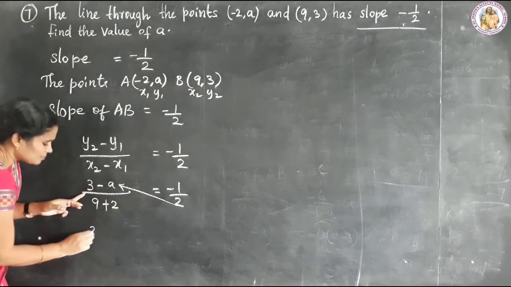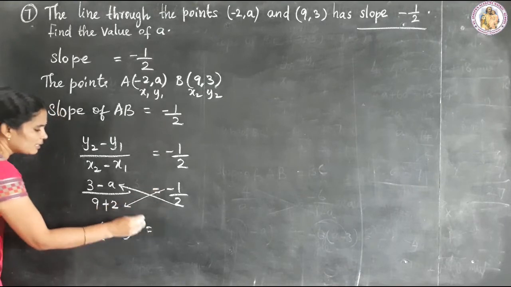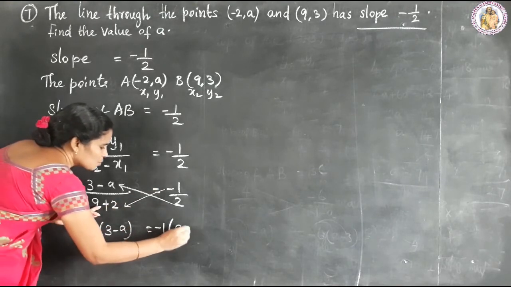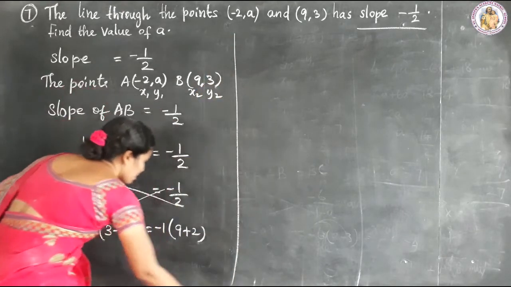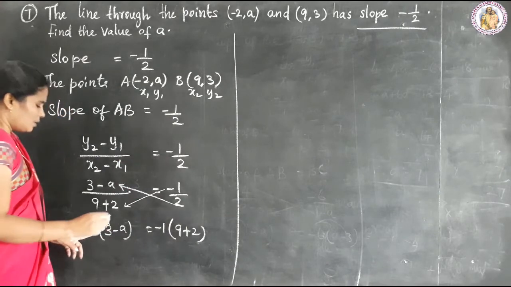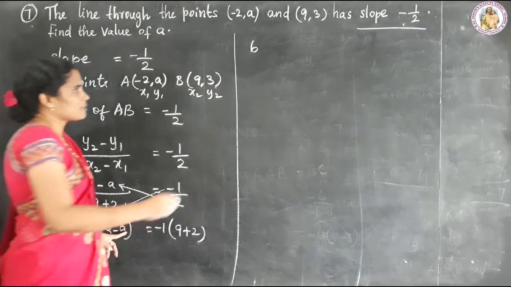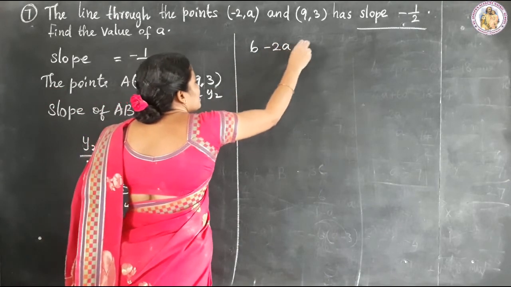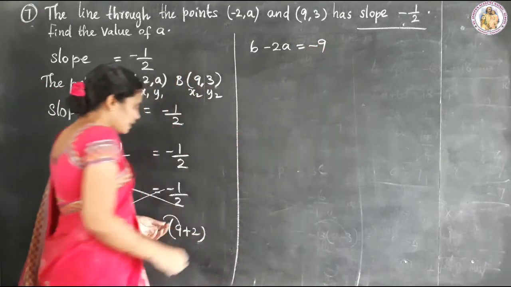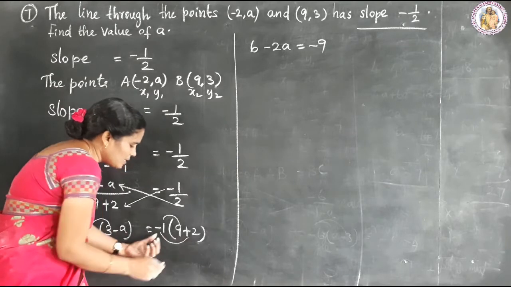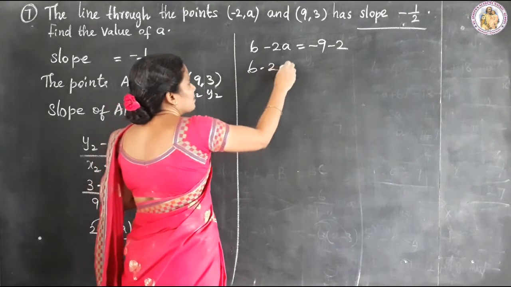So 2 into bracket 3 minus A is equal to minus 1 into 9 plus 2. Multiply 2 into 3, 2 3s are 6, minus 2A, is equal to minus 9, and plus into minus is minus 2. Okay, 6 minus 2A is